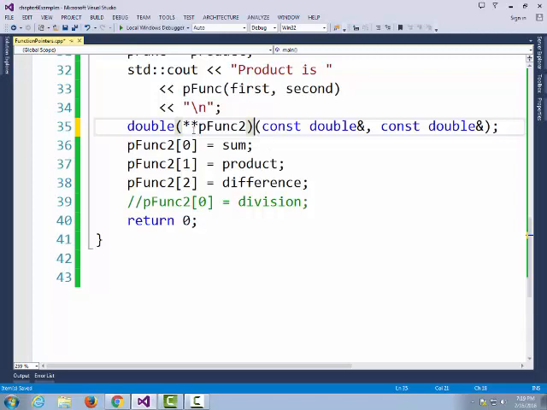Hard to read. It is a little bit harder to read. In this case, I don't actually have the memory allocated for both of them. So my next step between lines 35 and 36 would be to allocate some memory to store those. Because I didn't give it a size, I didn't know how much memory to give it, and that's where arrays